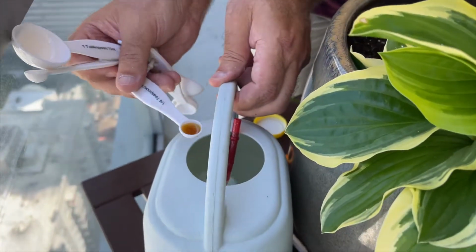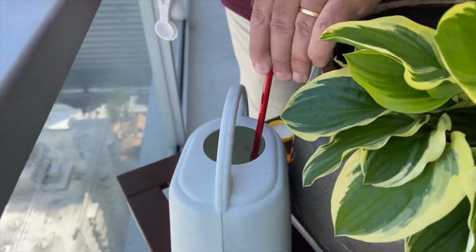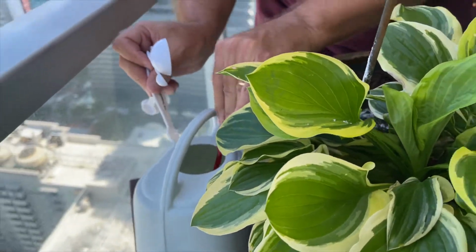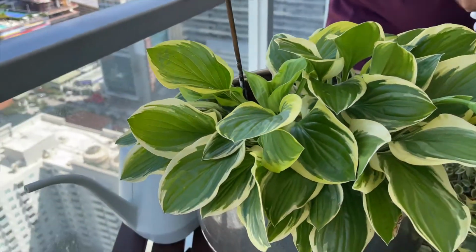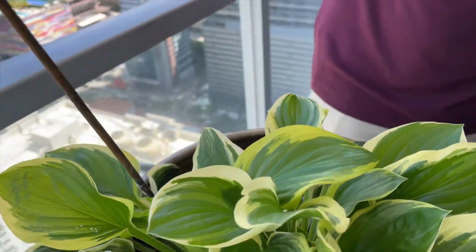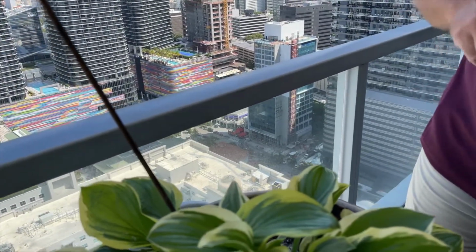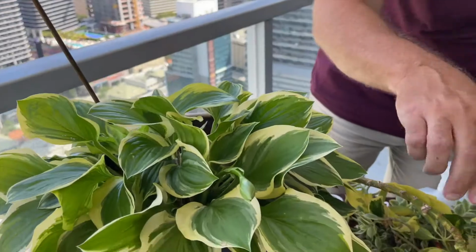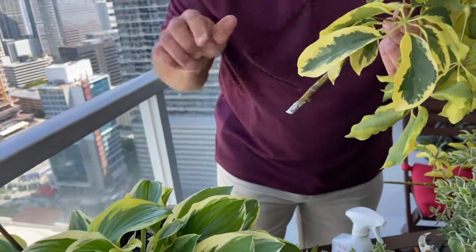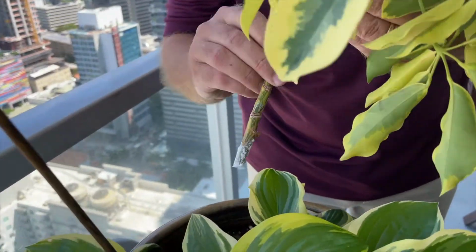Super Thrive has been around forever and is very helpful for getting seedlings and other plants started. So I just wanted to go over that little tidbit of things that we do to help with pruning. Now that we've got our water mix set up, we're just going to take our cutting,